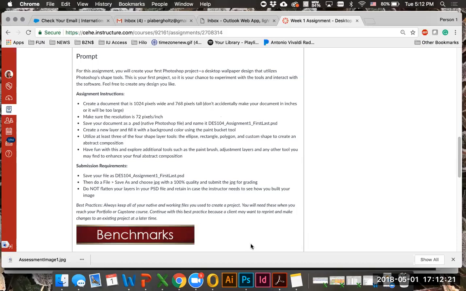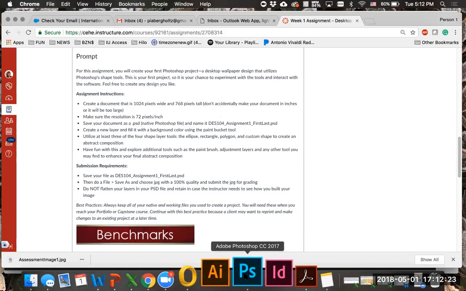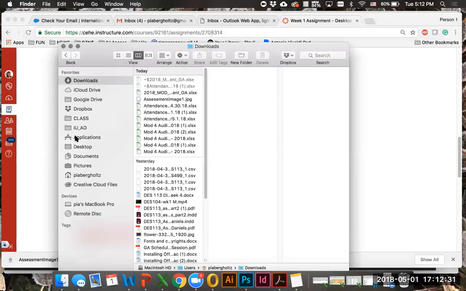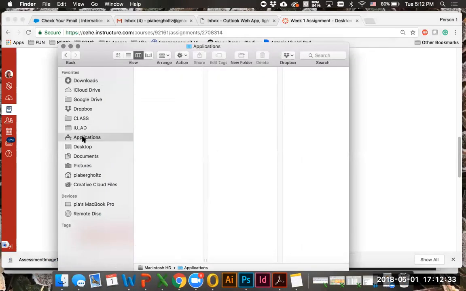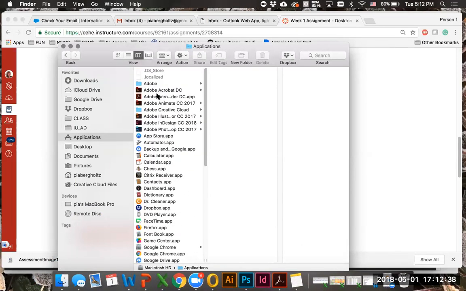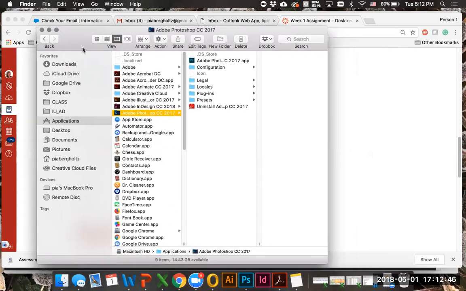Okay, so let's open up Photoshop, and if you don't have it on your dock, you can go in your Finder, and you can go under your applications, and then scroll down until you find your Photoshop, Adobe Creative Cloud, and there it is right there. But hopefully you have already put it into your dock, okay? So open up Photoshop,